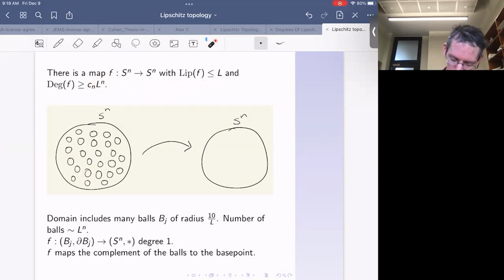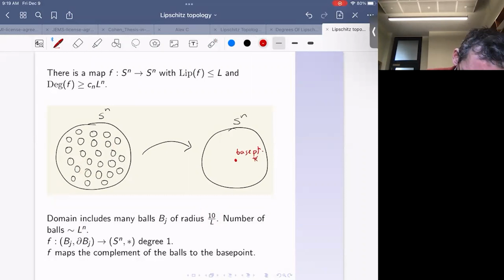So here's my domain and here's my target. And inside of the domain, I pack a bunch of small balls. These balls have radius 10 over L. L is the Lipschitz constant. And the number of balls that fit in here of that radius is on the order of L to the n. Then what I do is I take each of these balls and I wrap it over the whole sphere. I stick a base point on the sphere. Here's my base point,